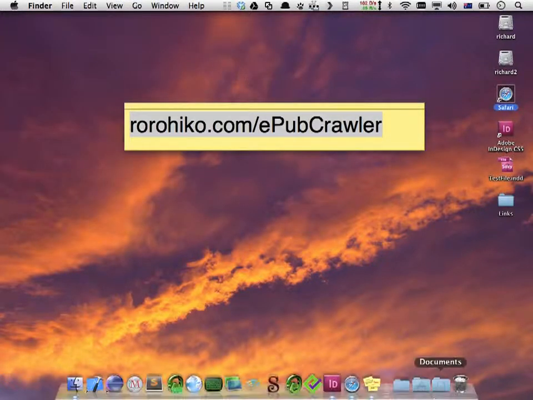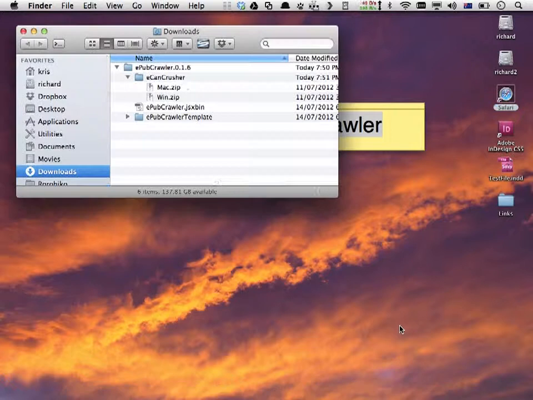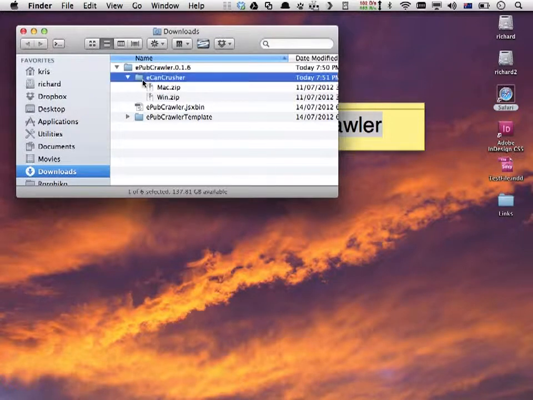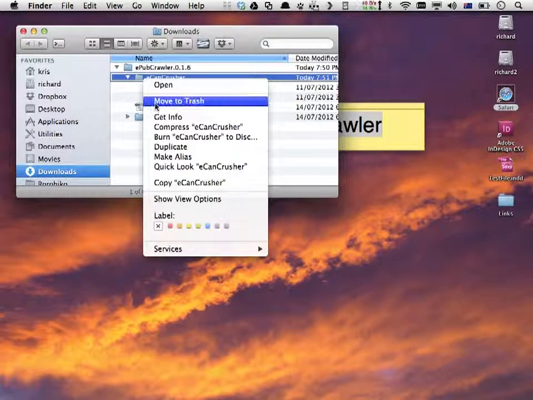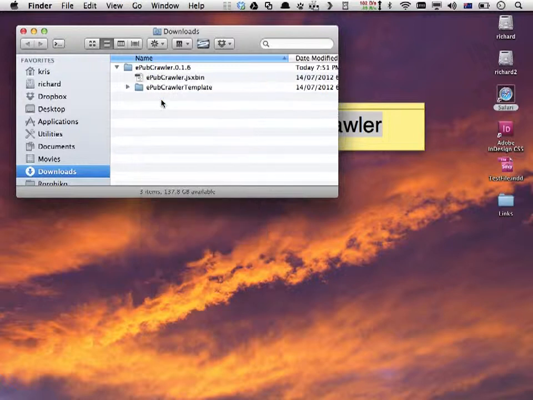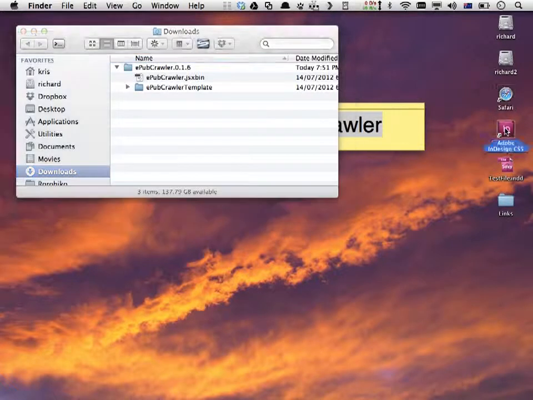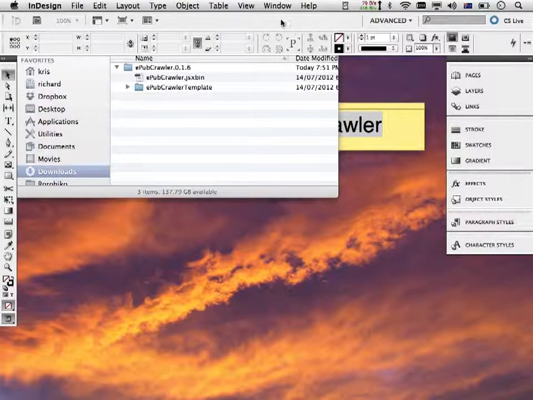Right. Now eCanCrusher being installed, I can go back to my downloads folder and I can delete the whole eCanCrusher now, because I don't need it anymore. It's installed in the applications folder. So I deleted it, and all I'm left with now is the ePubCrawler folder, which contains a JSX bin file and an ePubCrawler template folder. This now needs to be installed into the InDesign scripts folder, and I'll show you how to do that second step now. First of all, you need to get into InDesign, whichever version you have, CS3 or higher, and